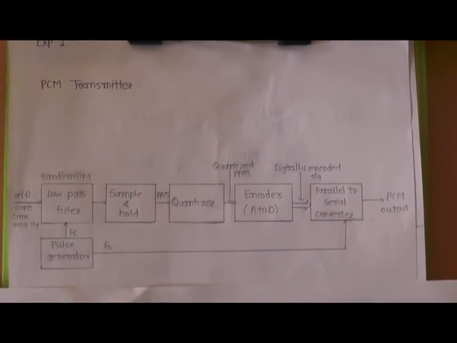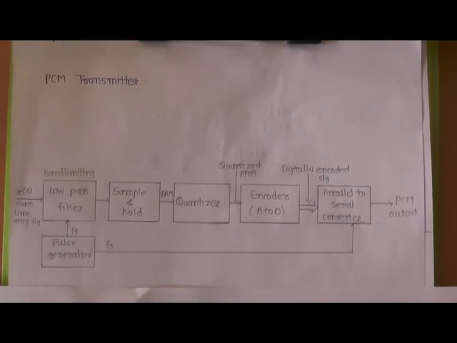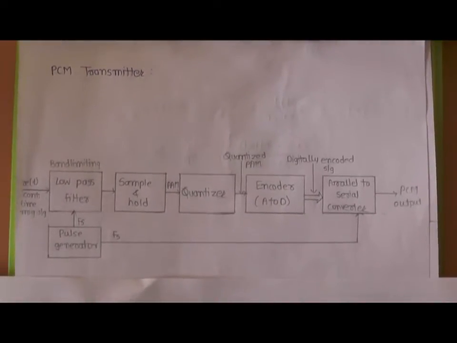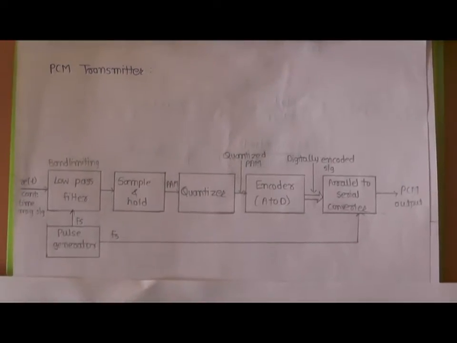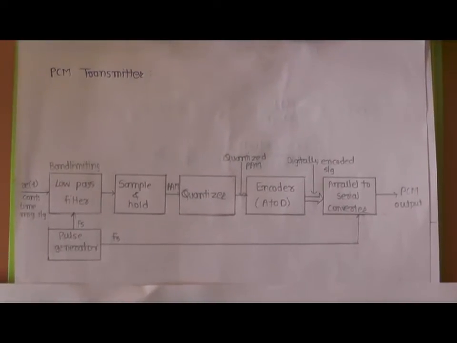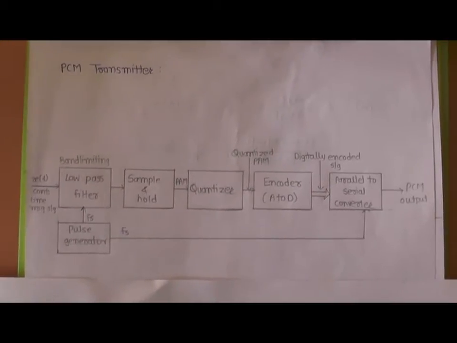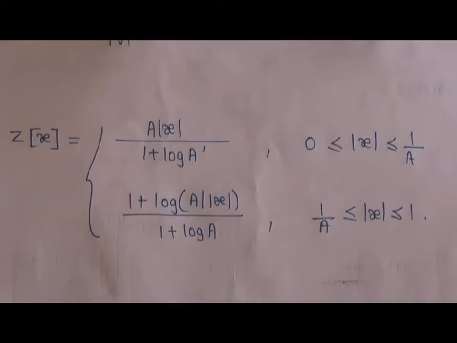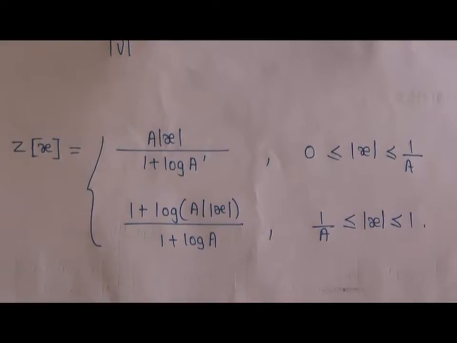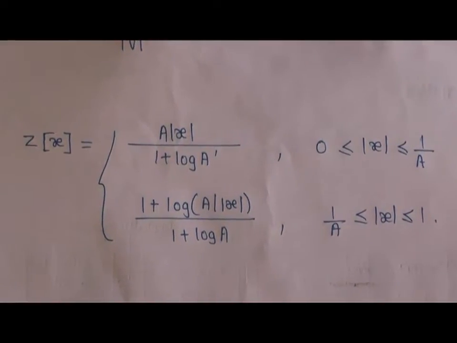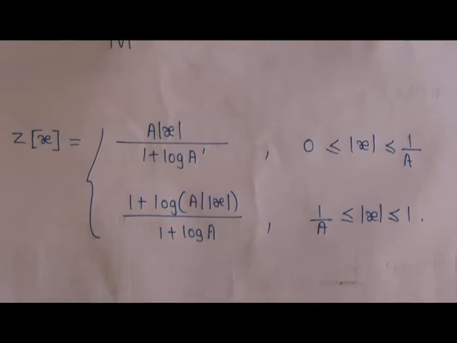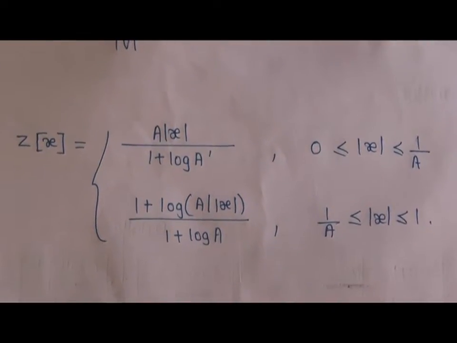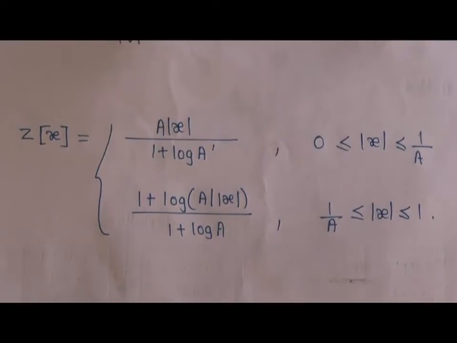The difference between the two of them is only the step size of the signal. Compounding is one of the non-uniform types of quantization. Compounding means compression of the signal at the transmitter and expanding the signal at the receiver. We can find the value of the compression factor based on these two formulas. We will be using this formula because we are applying the input voltage in the range of 0.2 volt to 1 volt.